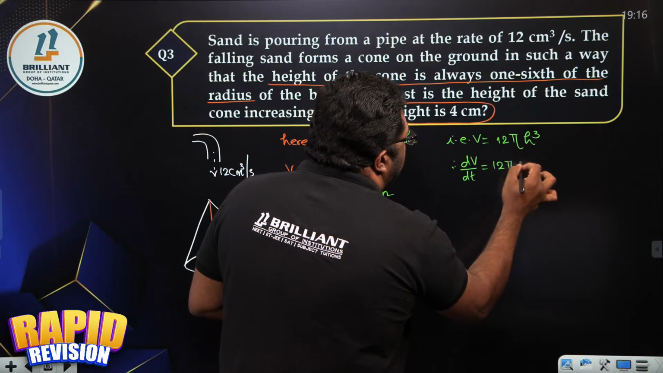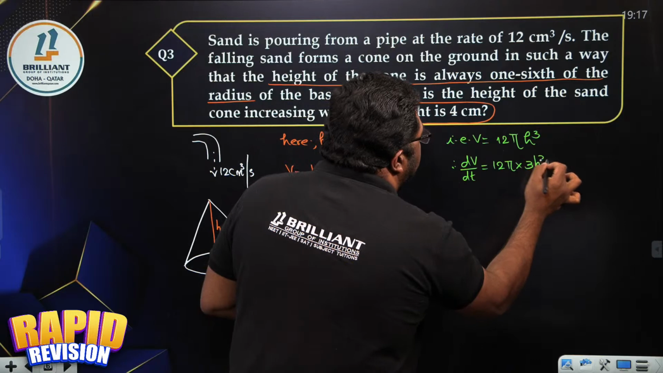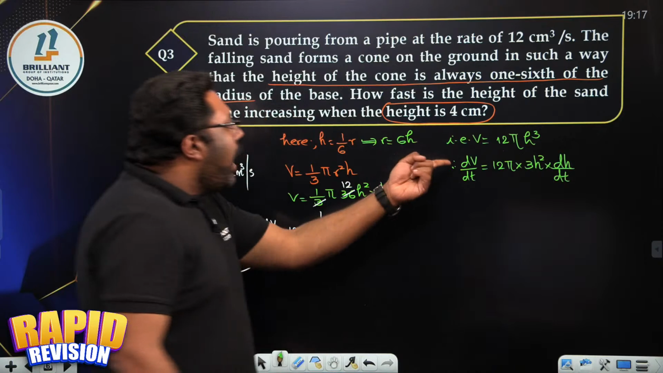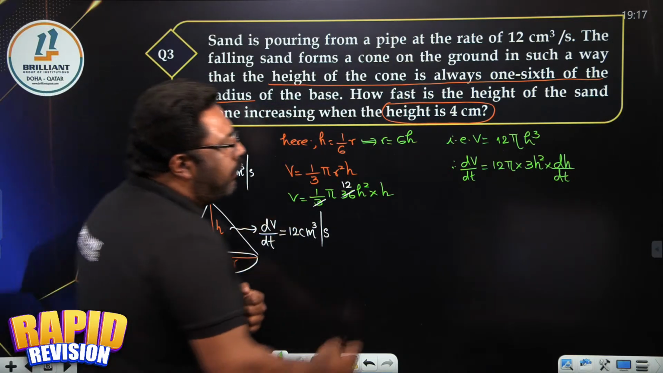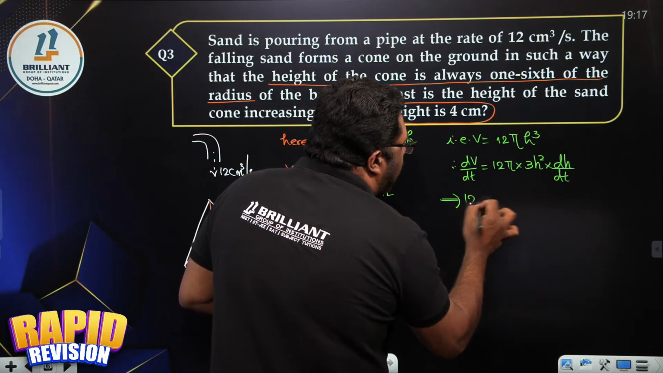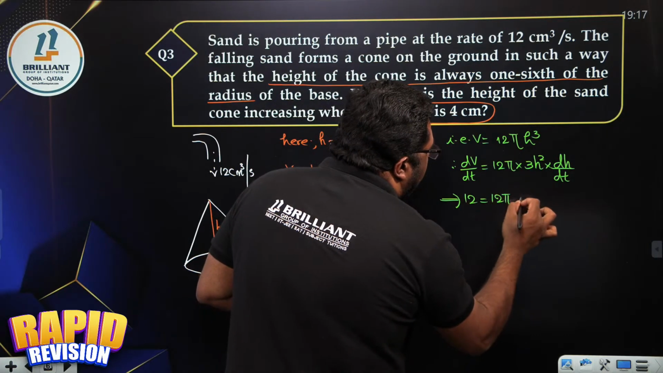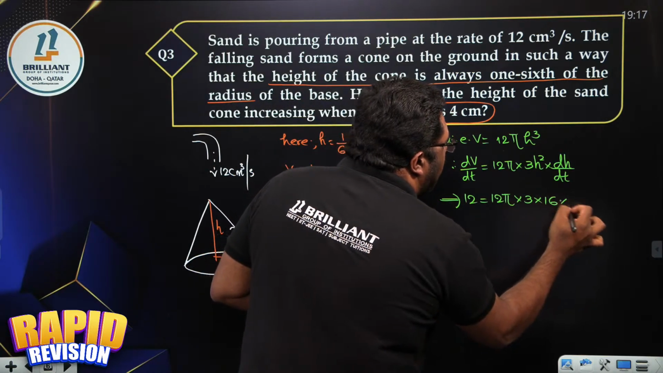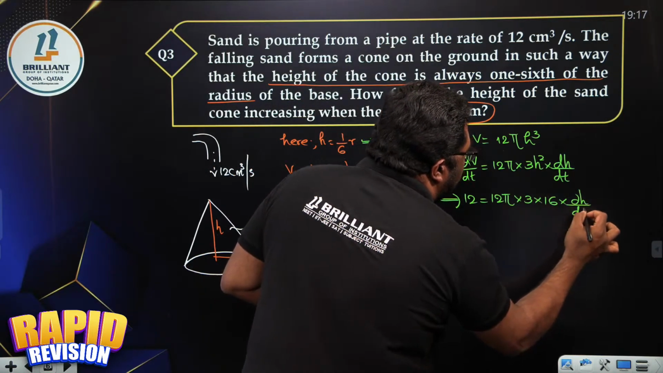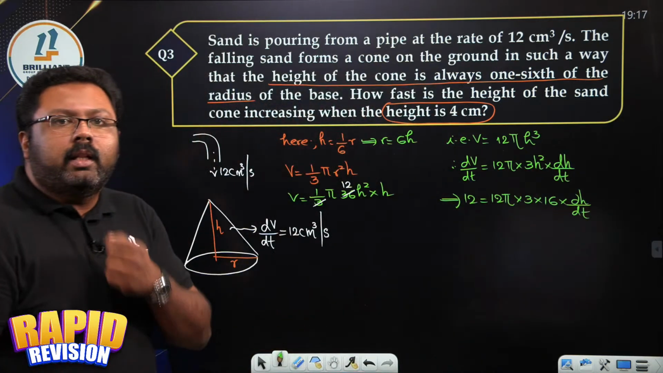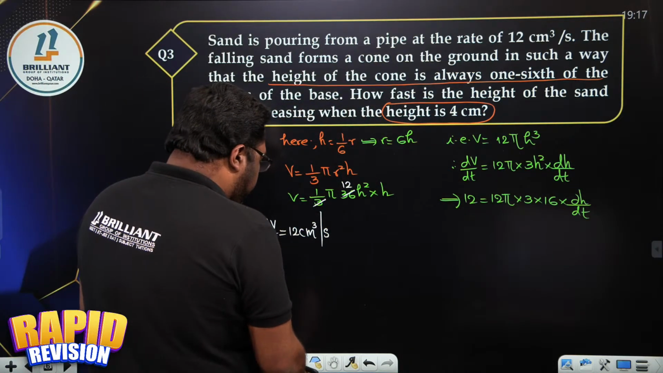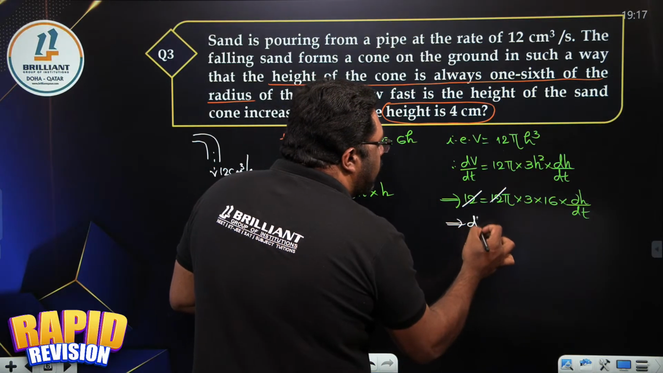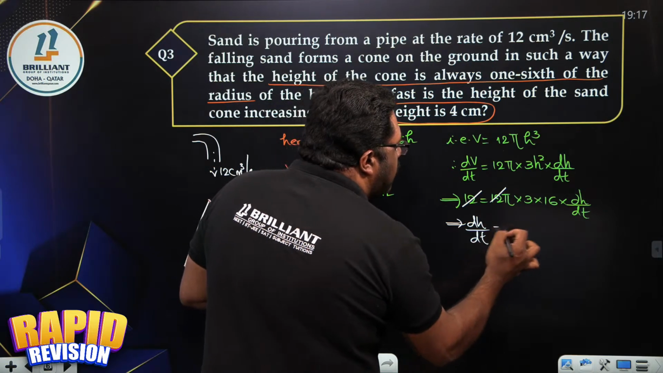12 pi is a constant. Derivative of h cube is 3h squared into dh by dt. And we have dV by dt, which is 12. The change in the volume is 12, equal to 12 pi into 3 into h squared is 16 into dh by dt. Solve it, you will get the expression for dh by dt. You can see that 12 and 12 cancel, and dh by dt, the change in the height is